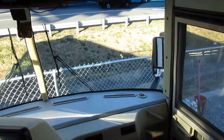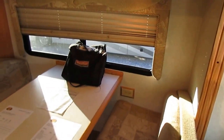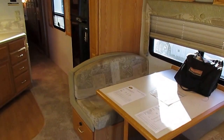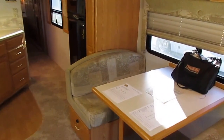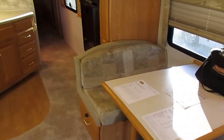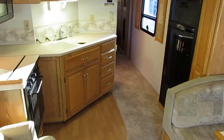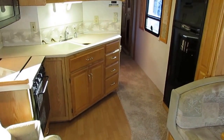And here's the thing, I want you to buy this motor home, but I want you to keep it for several years, and I want you to trade it back in on something else. And I want this motor home to still be in good enough condition that we can trade back for it and resell it to somebody else, and they keep it for a few years, trade it back in and resell it. So that's why we only carry the nicest quality brands and only the best of the best when it